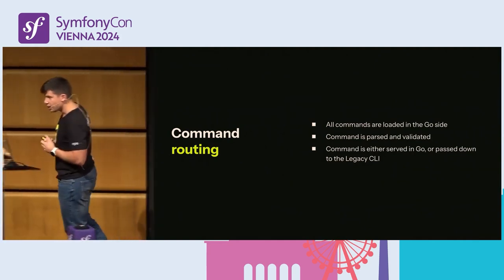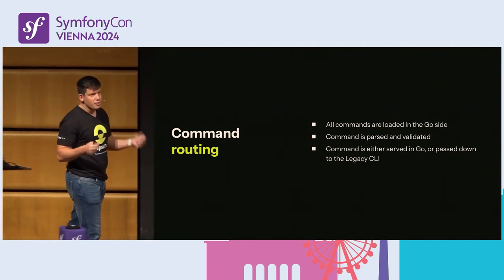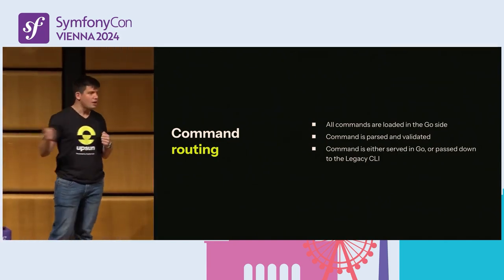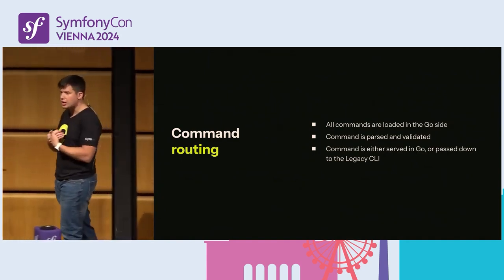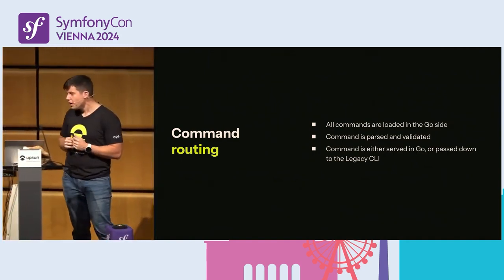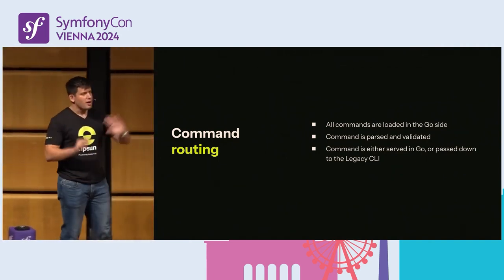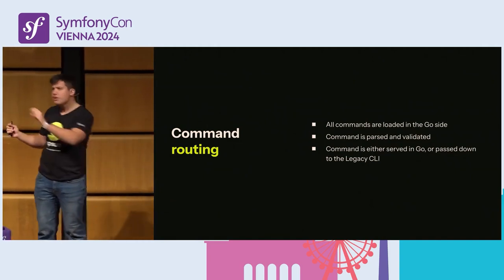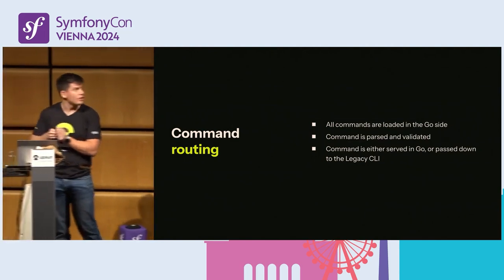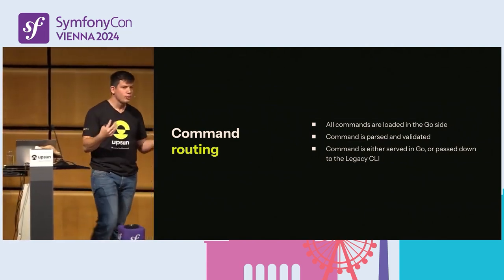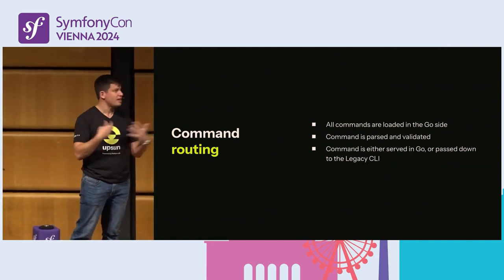That's good. Command is parsed and validated. So if you do not put an argument, for example, or you mistype a command or something, we can do all those things on the Go side, so we don't have to hit PHP at all. And then at the end of the day, okay, we know this command, we route it, we execute it. So it's a very simple router. It's not something very sophisticated, but still allows us to have all this experience that we wanted to have previously, with 2 CLIs working as one.